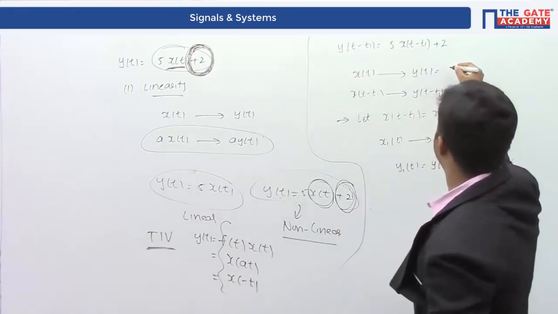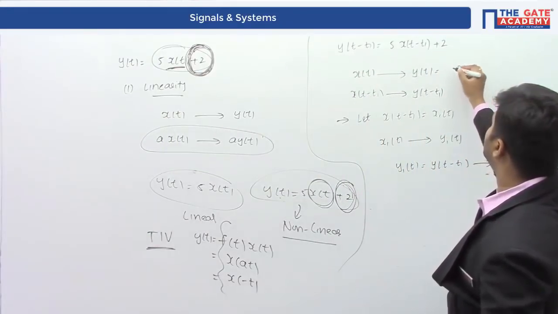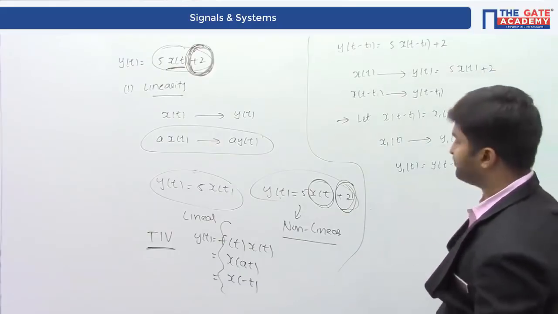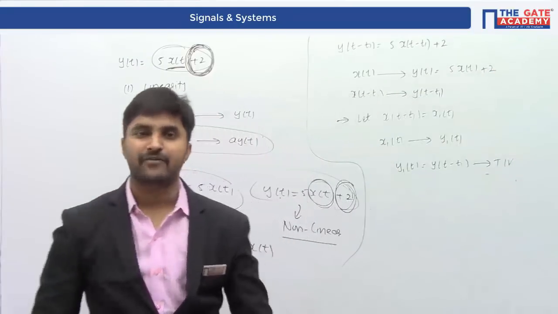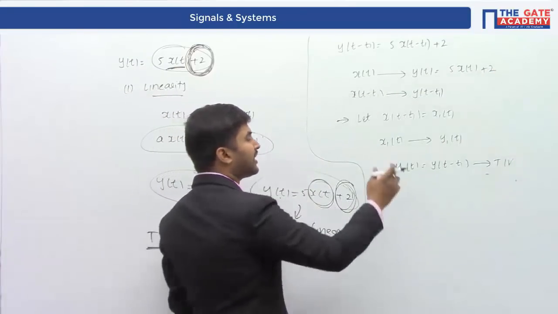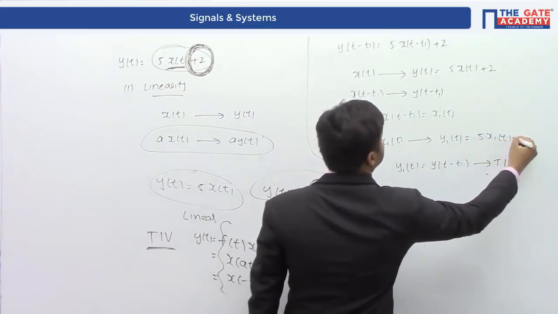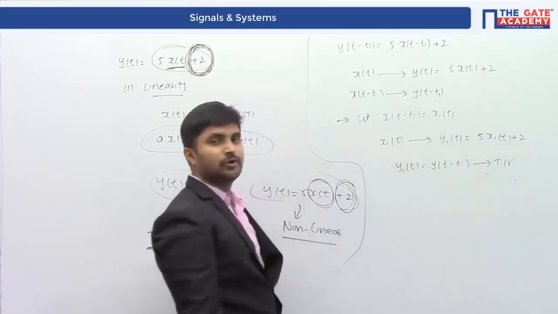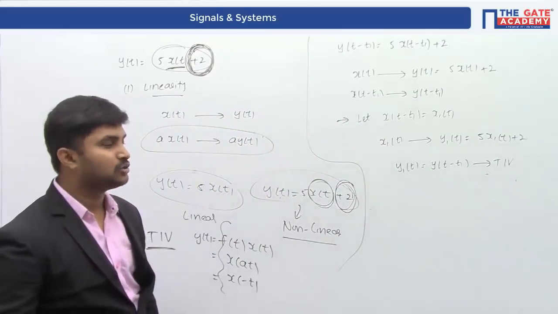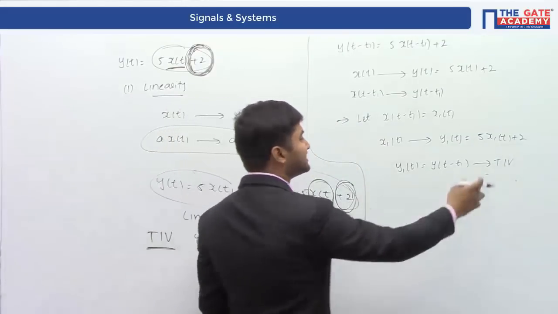The system is multiplying your input by 5 and then adding 2. So if you give the input as x1 of t, the input is going to be multiplied by 5 and then 2 is added to it. So if that is the case,